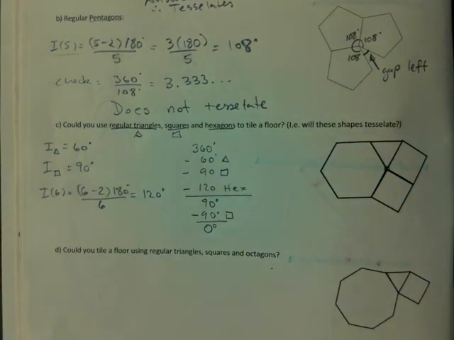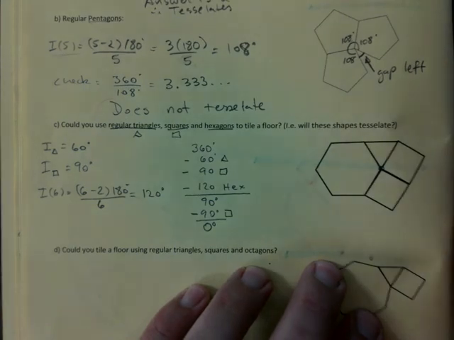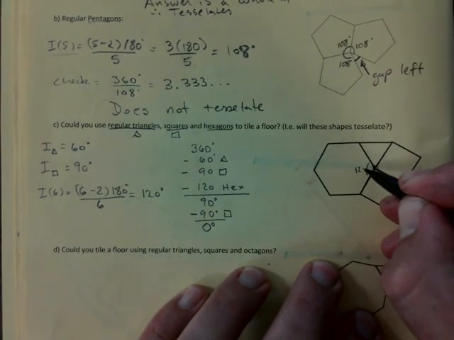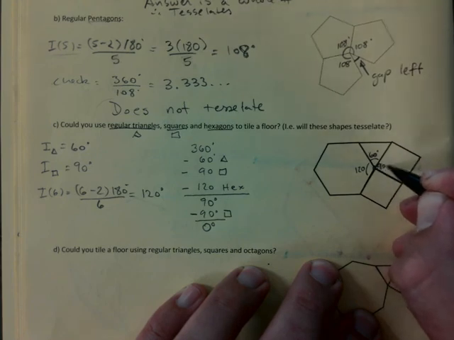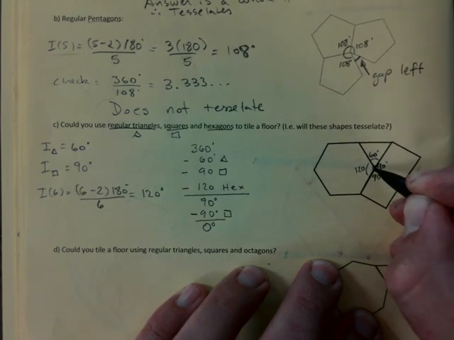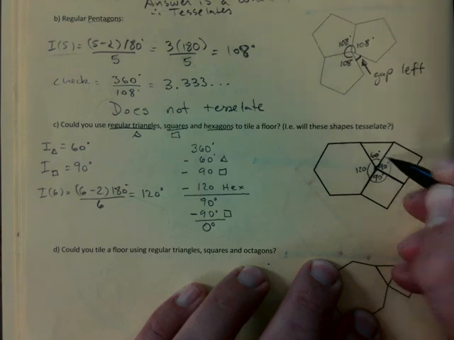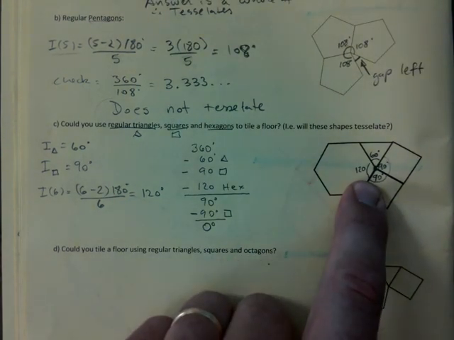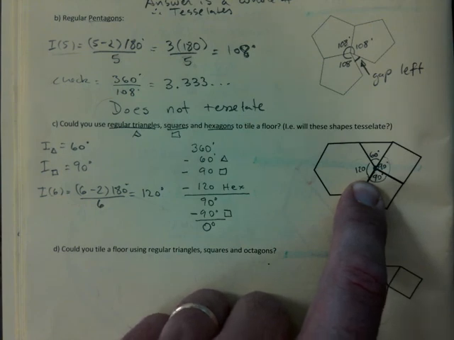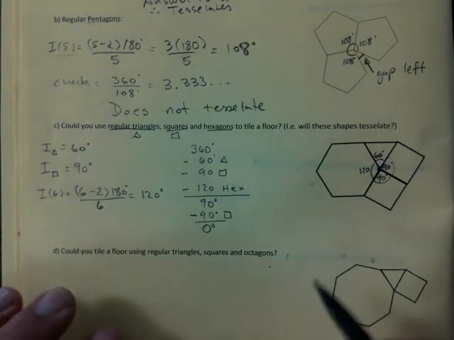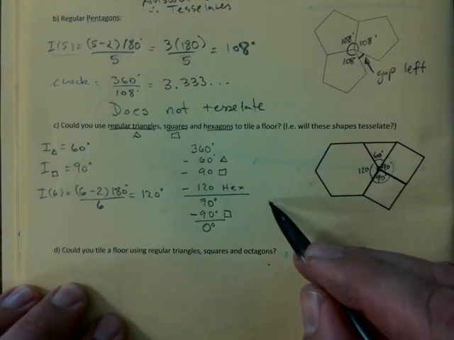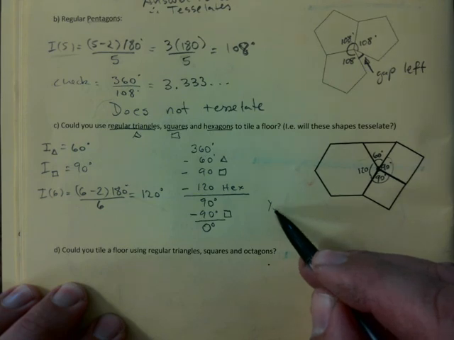You're filling in that gap, and so you find that it's 120 here, that it's 60 here, and then there's a 90 and a 90, right? So all together, you do fill in that 360-degree gap. And that guarantees you that you can keep using this pattern indefinitely. Tessellating is a repeated pattern. Okay, so you can tessellate or you can tile the floor